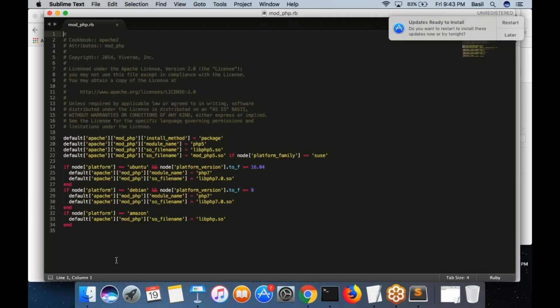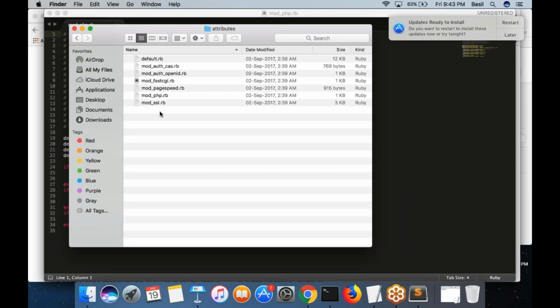It's not mandatory that you need to create separate ones. Of course, you can define everything inside default.rb. That's fine. But if you put everything into default.rb, it could be a little bit confusing. So if you want, you can split your attributes into different files. You can define attributes in any file. The file should end with .rb, of course. You can put your attributes anywhere. Even if you want to, you can create a new file that ends with .rb, and there also you can put your attributes.